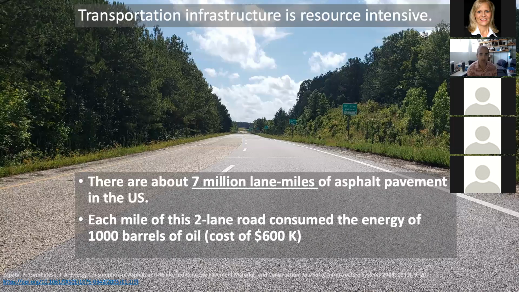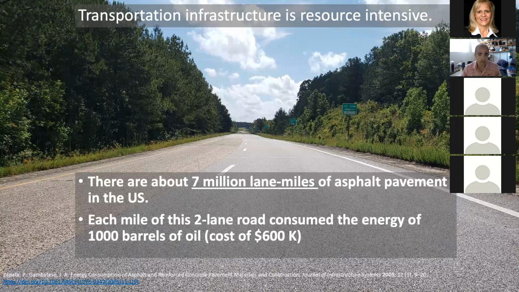So what did we develop BioMag to be useful for? We're primarily interested in asphalt additives as they exist both in the paving industries and even in adjacent markets like the roofing industry. Transportation infrastructure primarily, though, is where our focus is, and there's just a huge market opportunity there. In the United States, there are about 7 million lane miles of asphalt pavement. Now, a lane mile is approximately equal to an acre. So if it's easier to think in terms of acres versus lane miles, it's about 7 million either way you look at it.